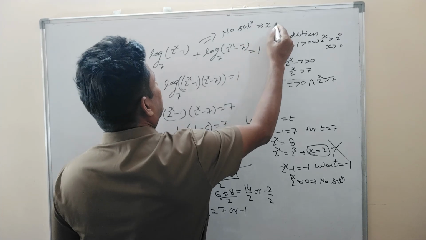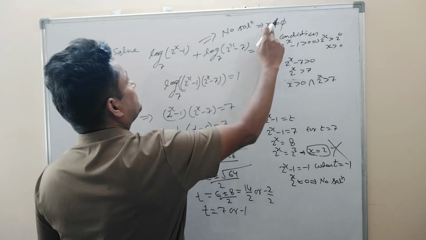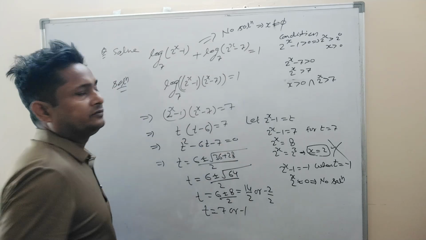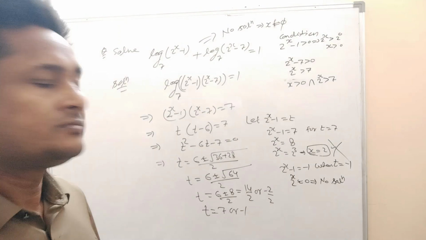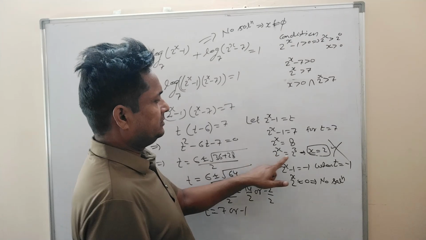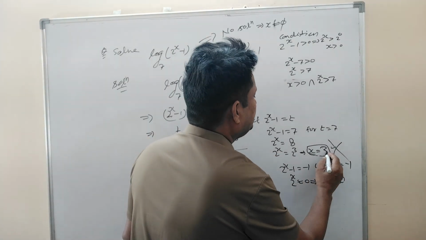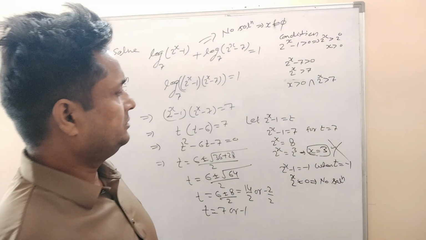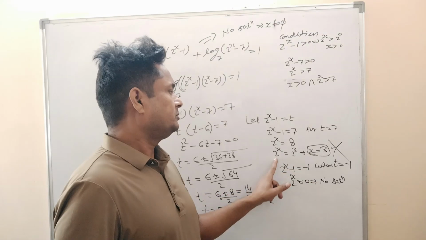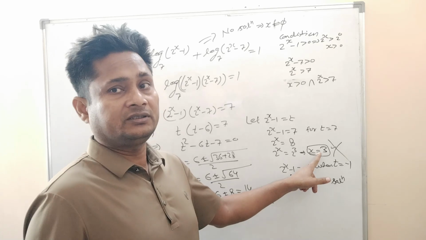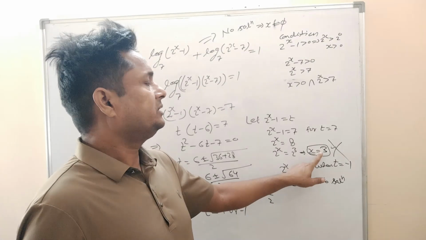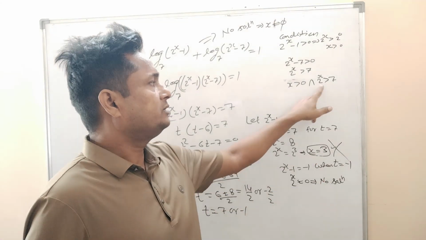That means x is equal to 5. Answer is coming x is equal to 5 in this case. No, here it is not 2, it is 3, right? x is equal to 3 is coming. 2 to the power x is equal to 2 to the power 3, that means x is equal to 3 is the answer, right? So we have to check whether x is equal to 3 satisfies both inequalities or not.